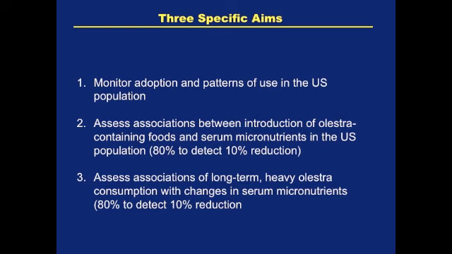And we first decided to at least specify what the aims of post-marketing surveillance were going to be, based on what we knew about the effects of Olestra in these various trials. So first we'd look at how much Olestra is being used, who decided to use it, what were their characteristics, and what were their use patterns. Then we wanted to see if there was any relationship between the introduction of these foods and serum micronutrients in the U.S. population. So that's a population question,